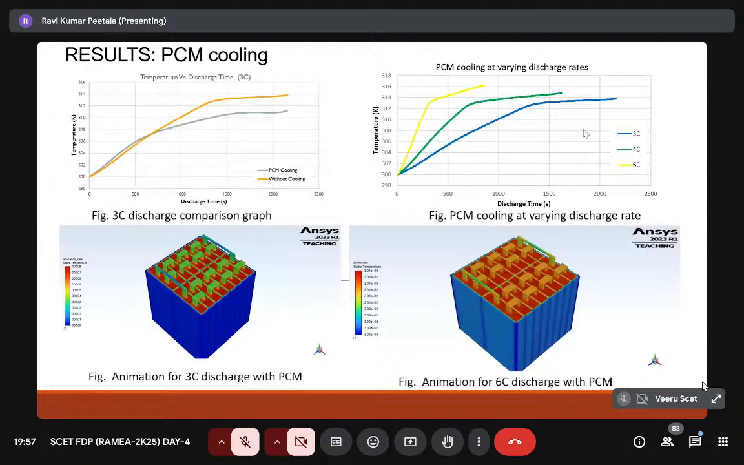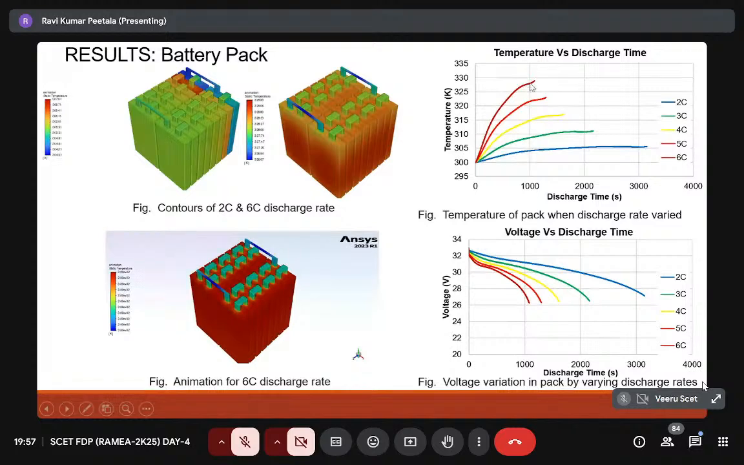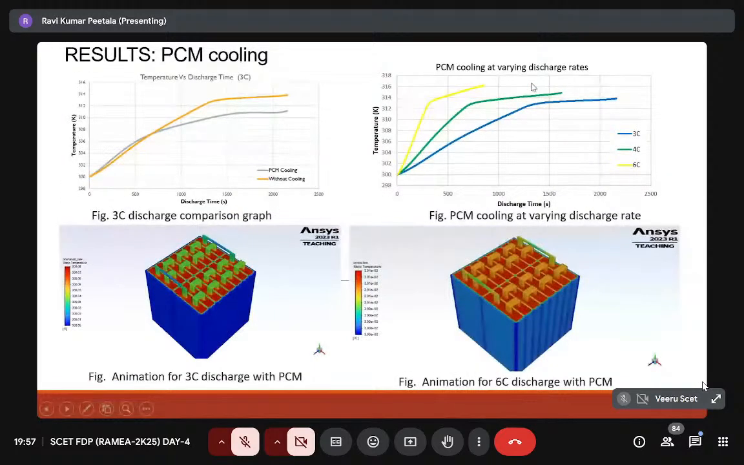So this is the further time step, and if we use 6C, the temperatures are very high. Here we can see temperatures are 330 Kelvin. While using the PCM, the temperature within the battery pack reaches a maximum of 316, not more than that. So we are able to control the temperature, or dissipate the heat within